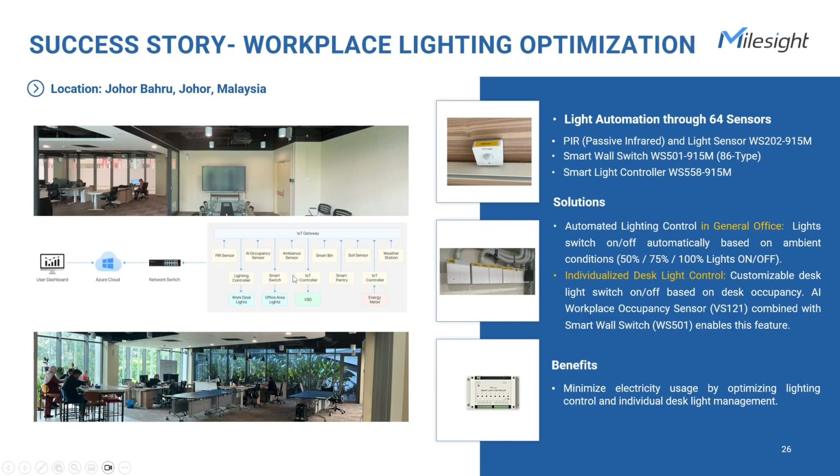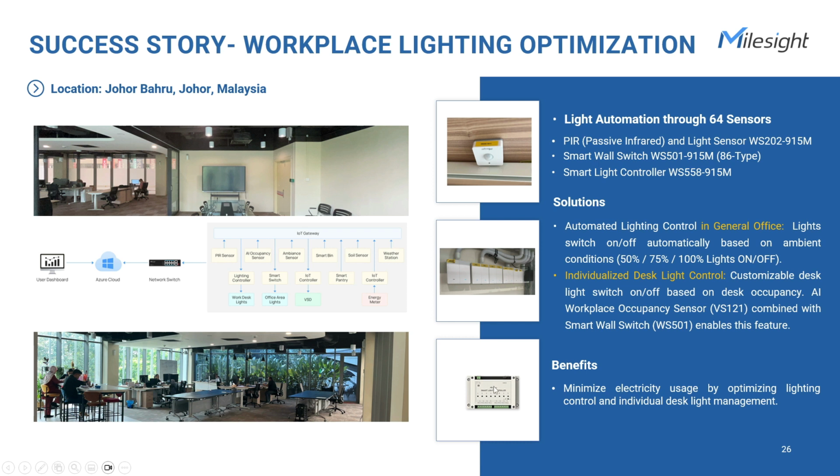Here's a similar success case in Johor, Malaysia. To realize the energy saving and cost efficiency objectives, 64 units of IoT sensors are deployed in their workplace. Besides monitoring indoor air quality and detecting trash bin levels, one of the key priorities is upgrading the lighting automation. This involves utilizing Milesight products like the motion and light sensor WS202,